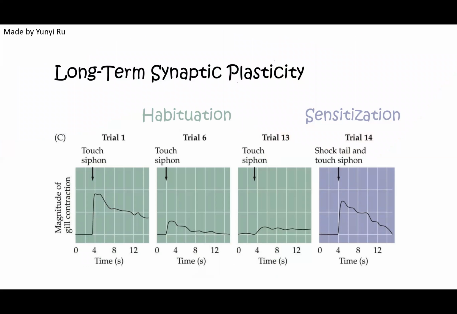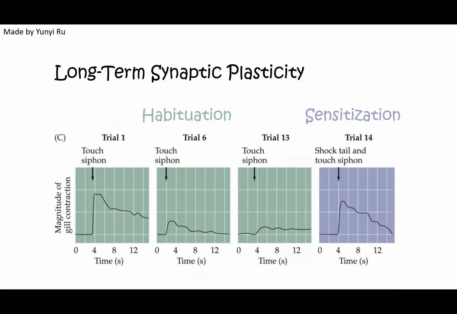Then let's talk about the long-term synaptic plasticity. As you can see in the green graph, if you keep touching the siphon of an Aplysia, the magnitude of gill contraction will keep decreasing. It is called habituation, whose mechanism is also the reduction of synaptic vesicles available to release, but on a longer